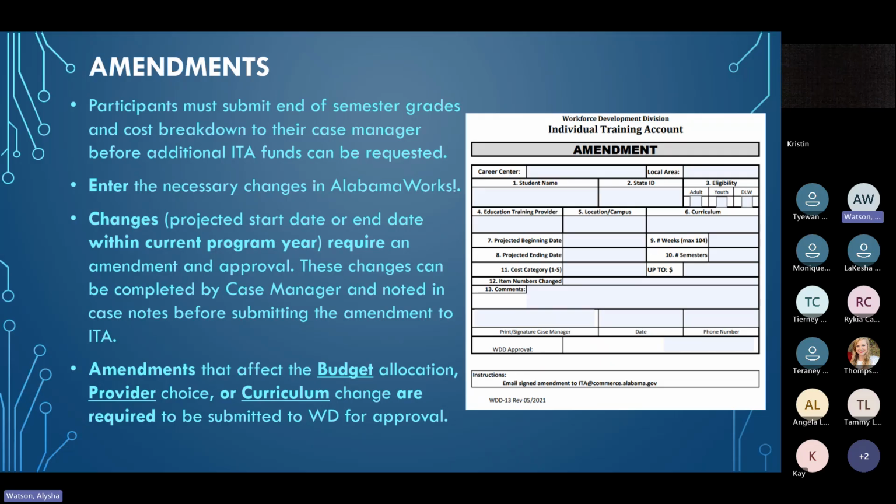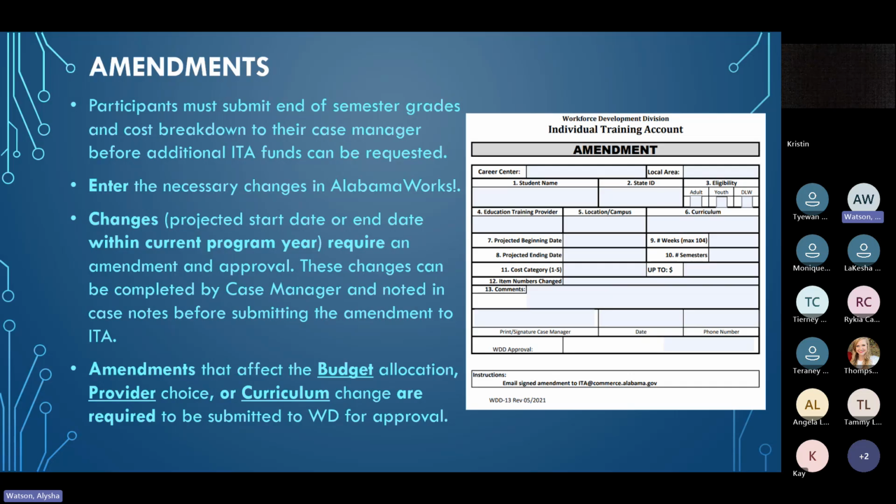All right, here we have amendments. Amendments must be submitted for participants at the end of the semester, and their grades and cost breakdown must also be uploaded into Alabama Works before additional ITA funds can be requested. So the amendment is used if you have somebody that's in a long-term program, which is 3 to 4 semesters, and you're requesting additional funds for the next semester,